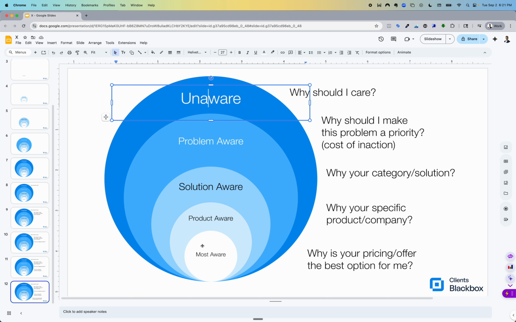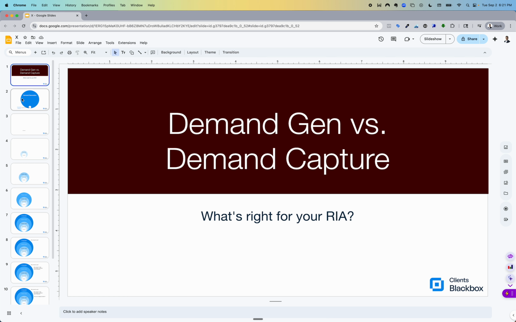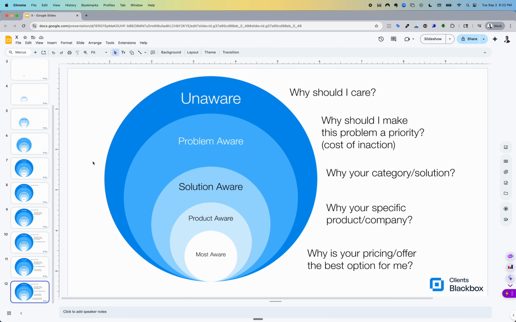And that's why it gets more and more blue here, because this is the most red kind of ocean. Most people are competing here, and this is the most blue ocean. So demand generation really is putting you into that blue ocean marketing strategy, versus demand capture is just red ocean. It's just, hey, I'm trying to show you why my product will give you more income, or my strategy is the best, versus your existing advisor or somebody else you're talking to. And while that can be necessary sometimes, that's not the most fun way to run a business. Operating on the blue ocean demand generation side, that's what you want to do.